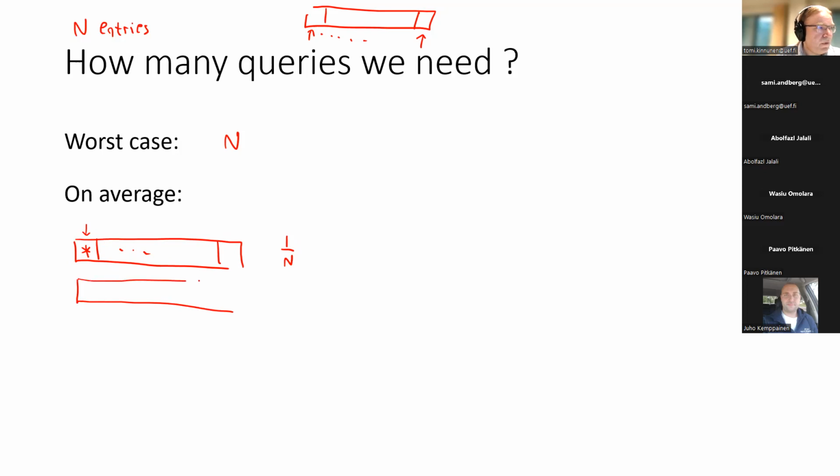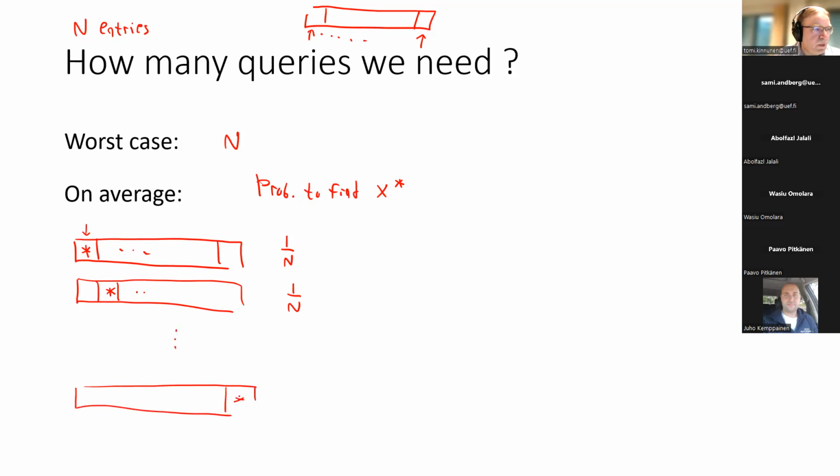Likewise for the probability that we would find it from here, and so on. It's basically the same probability for all the positions here, 1 over n for everything.